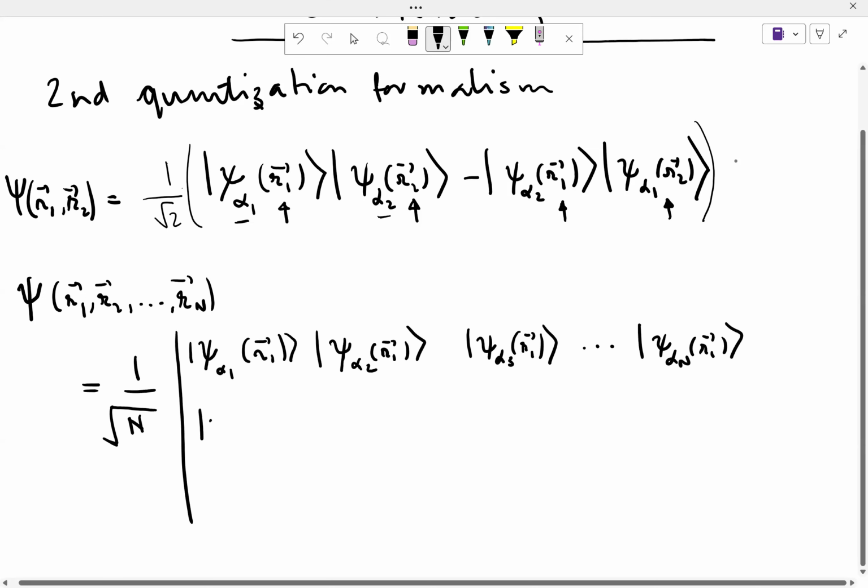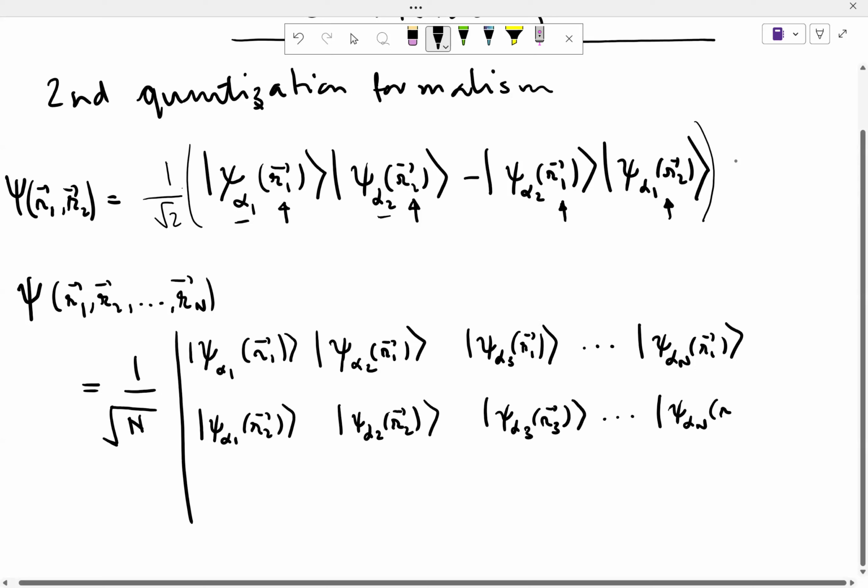In the second row, we have psi alpha 1 R2, psi alpha 2 R2, psi alpha 3 R2, psi alpha n R2. Sorry, all of these should be R2, and so on. Finally, we have psi alpha 1 Rn, psi alpha 2 Rn,